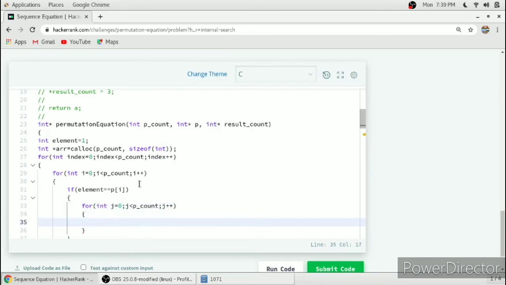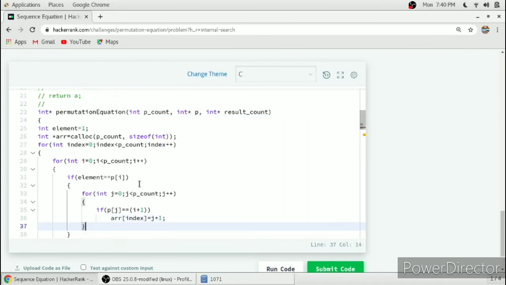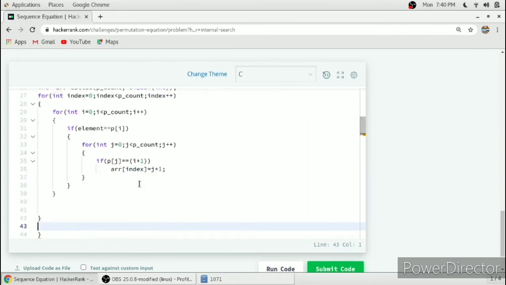In this we have to consider that p of j equal to I plus 1. Then we have to introduce an element j plus 1. So this completes our function.